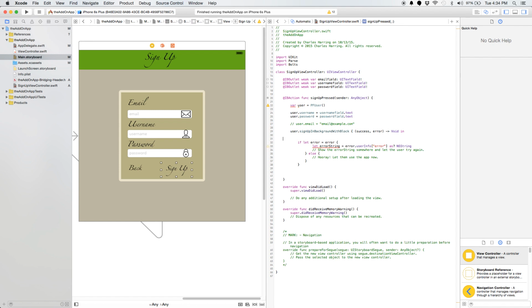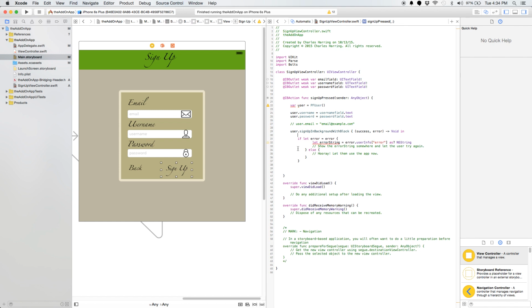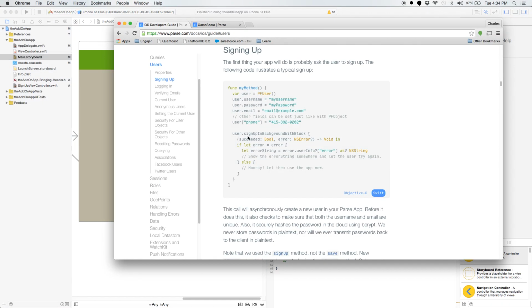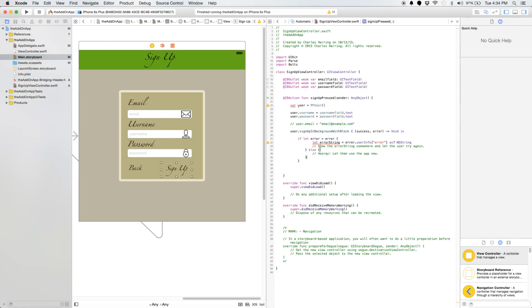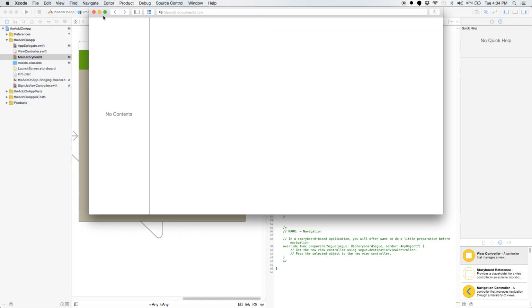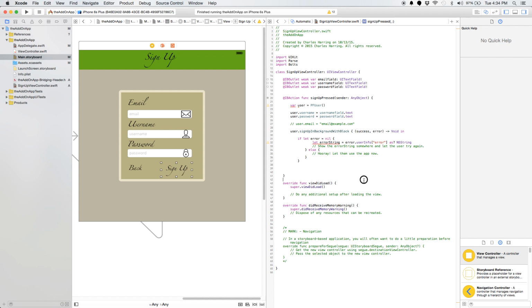Okay, now let's see what this next one is here. If let. That is straight up from their code, right? Let's look. Yeah, so they have the if let error equals error. So we don't want to say error. We want to say if let the error is equal to nil. So we're saying if there's no error, don't. So if the error is nil,